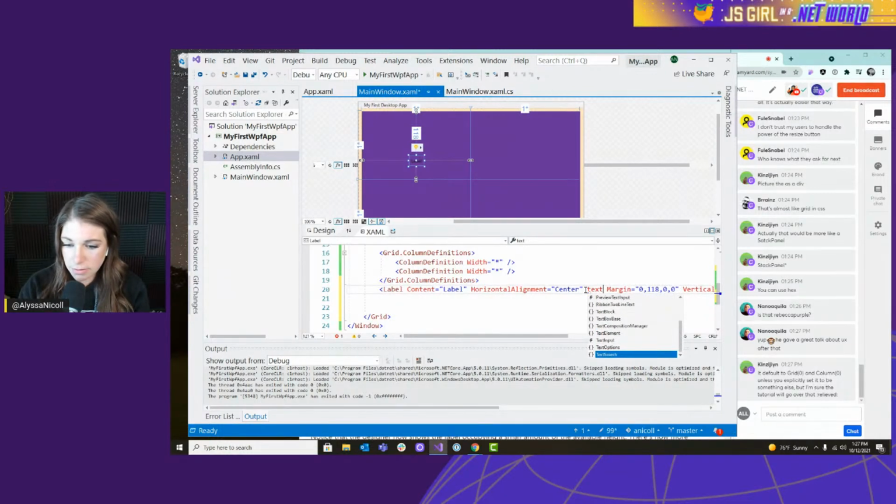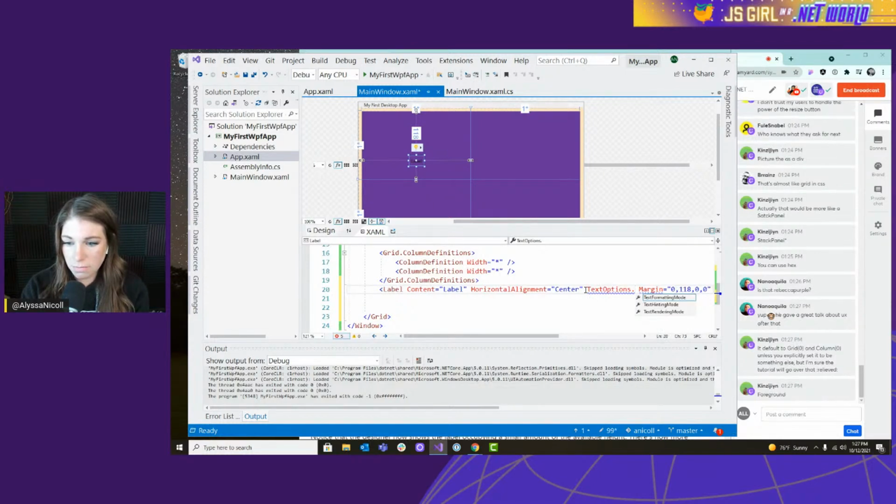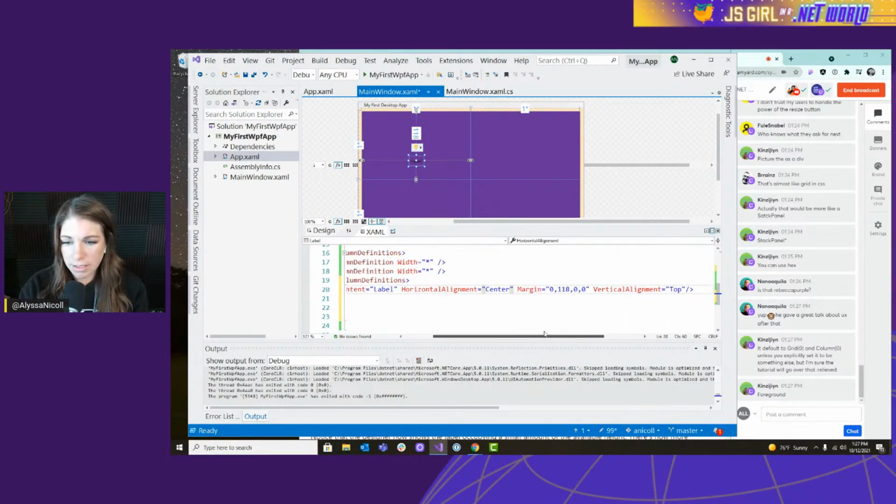Text input, text search, text options maybe? Dot formatting mode? This doesn't feel right. Nope. Okay. Well, for once, I will not skip ahead because I can't figure it out. Vertical line top. That's a lot of